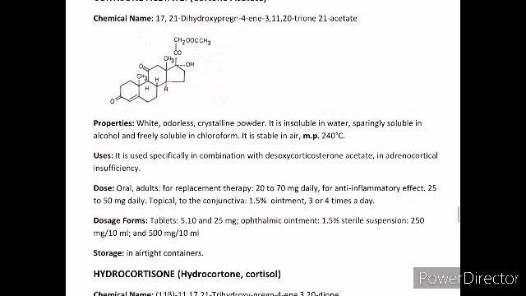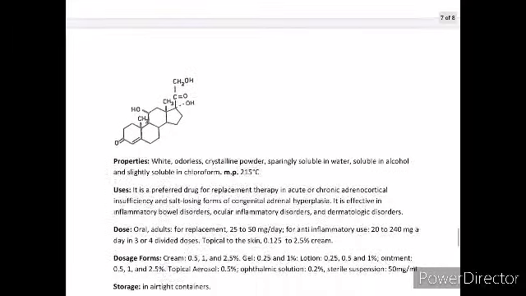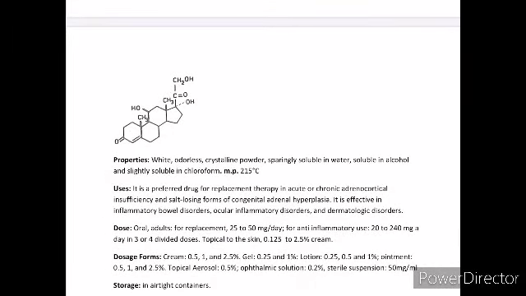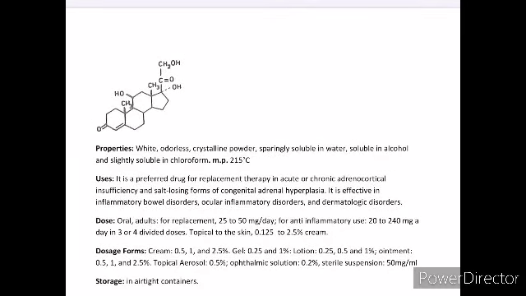Then we talk about hydrocortisone. The brand name is Cortisol. If you see the structure, this is 11 beta, 17, 21-trihydroxypregn-4-ene-3,20-dione. Now this is a white odorless crystalline powder, melting point 215. This is the preferred drug for replacement therapy in acute adrenocortical insufficiency and salt-losing forms of congenital adrenal